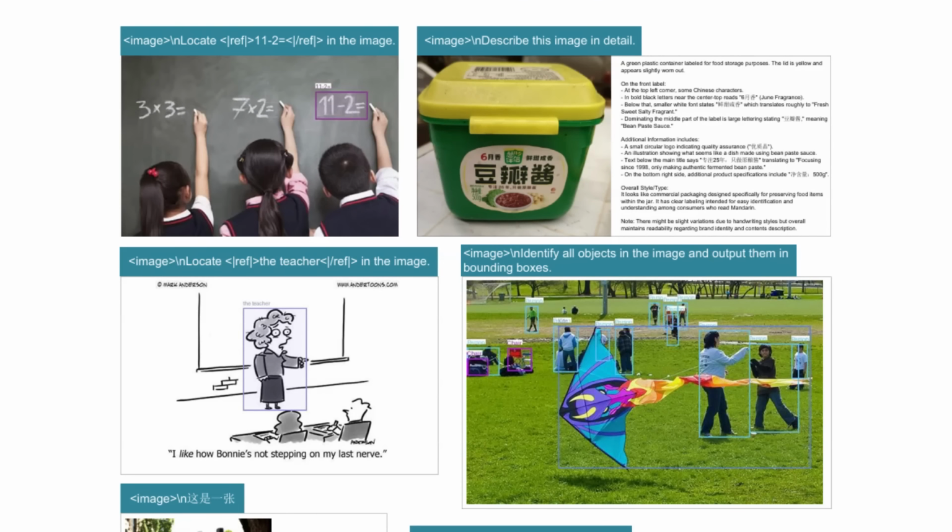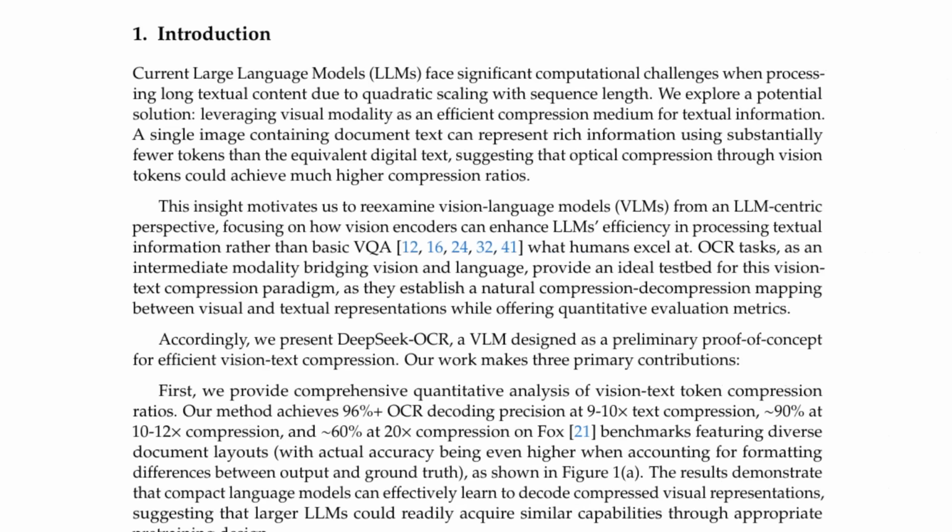Even though the paper is called DeepSeek OCR, I thought, okay, I'll just look at this quickly. There's a bunch of OCR models that have come out recently that I haven't had time to cover. Very quickly, I realized that this is not about the OCR. The implications go way beyond just reading documents. So let's talk about why this matters.